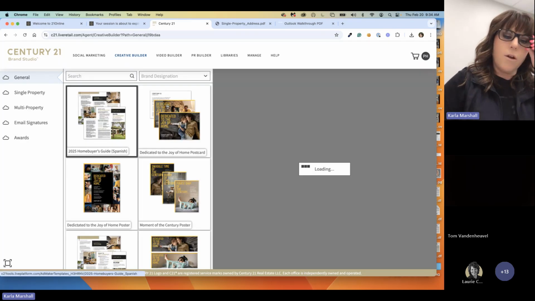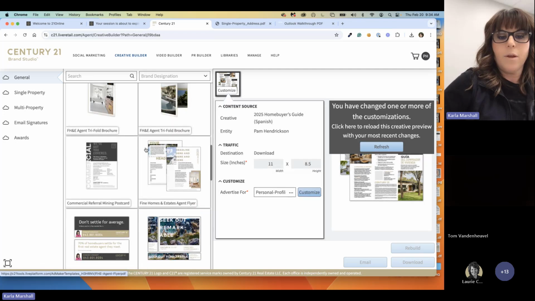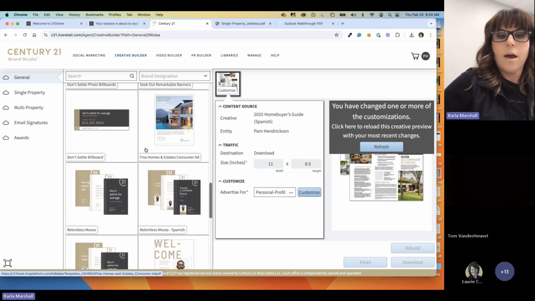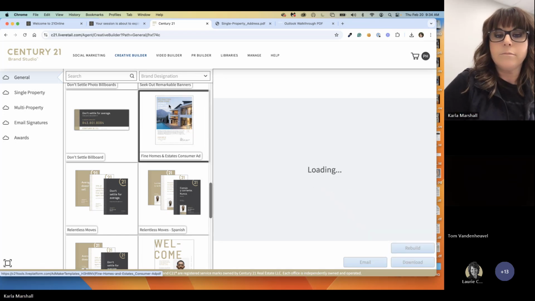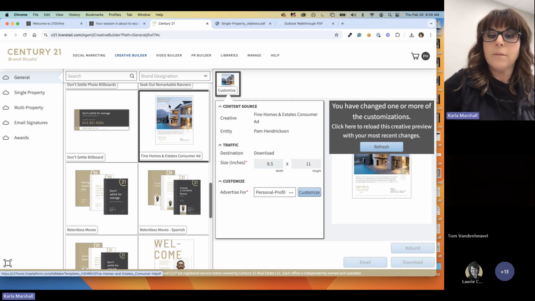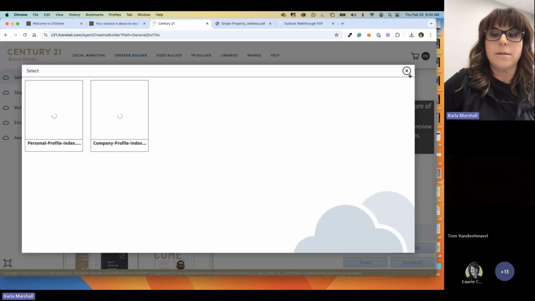I'm going to go to General. And then down here, you can see consumer ad. So you can start to build ads here. Let's just pretend we're going to build this one. This is where maybe I'm going to do a print ad. This one's 8.5 by 11, but if I want to customize,